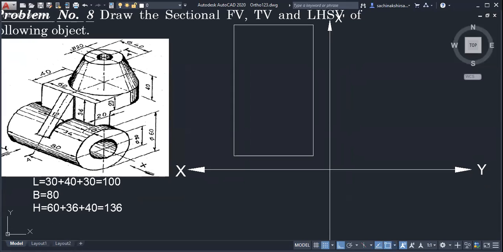Projection line. Either you can take the projection line or what you have to do? Which two dimensions are observed in the top view? Length and width. How much width is there? 80. Okay. So I will take the first projection maybe from here. I will make it very close. Then length is our. How much width is there? 80.